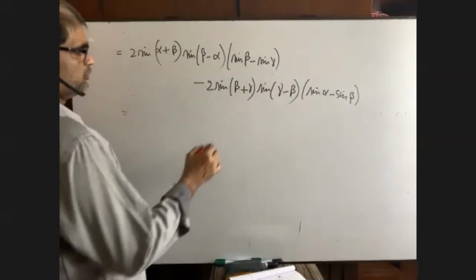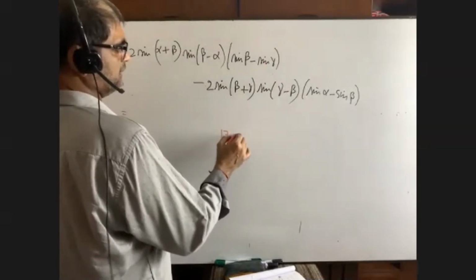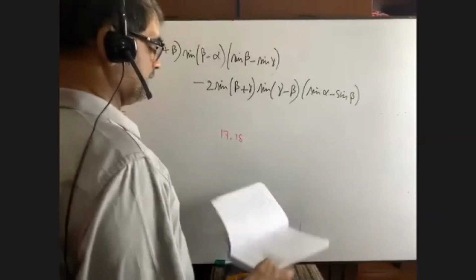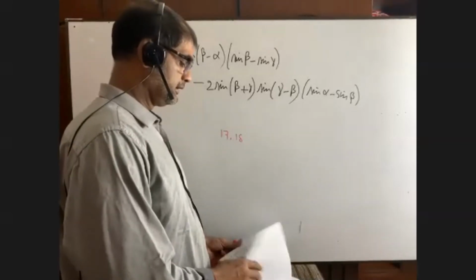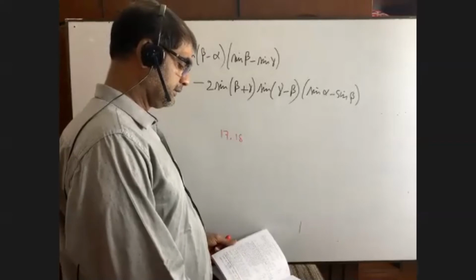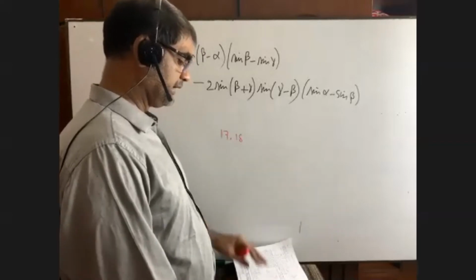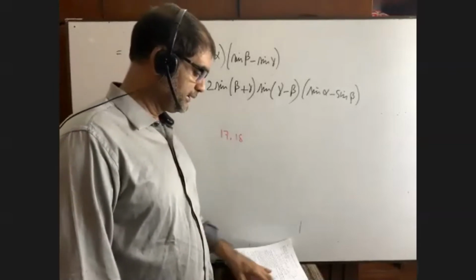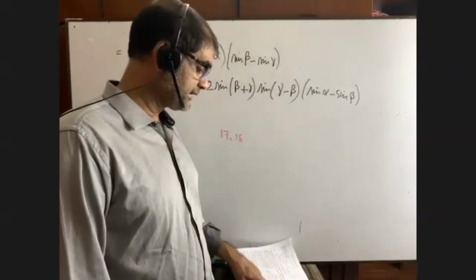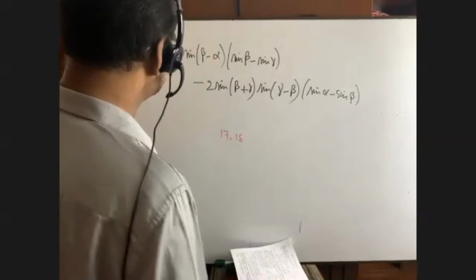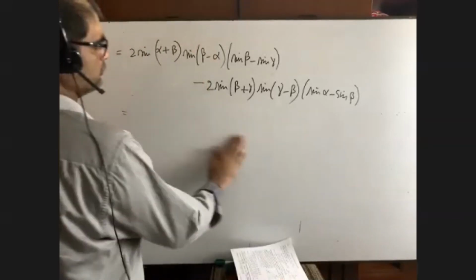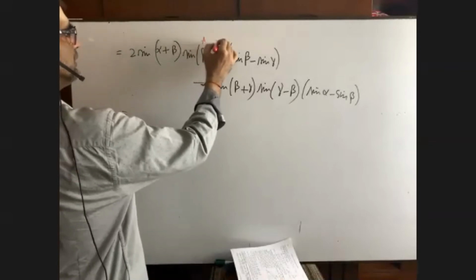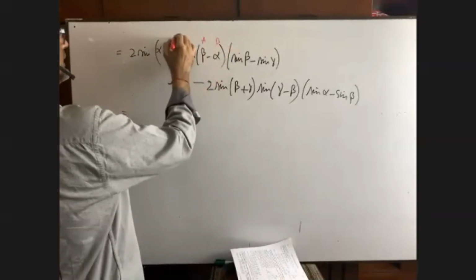Can you go there? Question formula number 17 and 18. Can you please go there? Formula number 17 and 18. Do you have it with you? You see, sine (A plus B) and sine (A minus B) is equal to sine square A minus sine square B. So what we are going to write down? Suppose it is A minus B and it is A plus B.